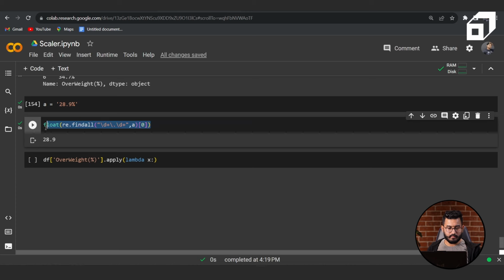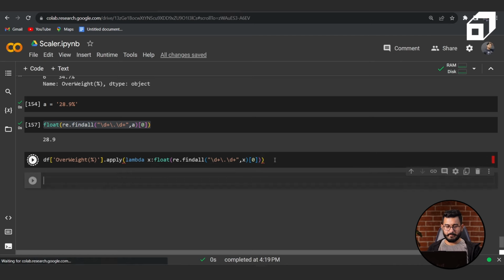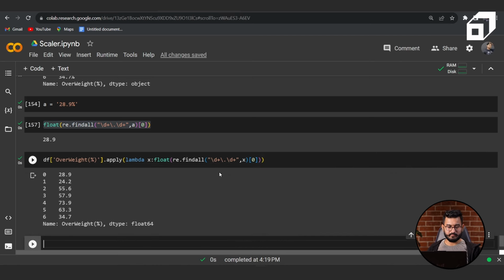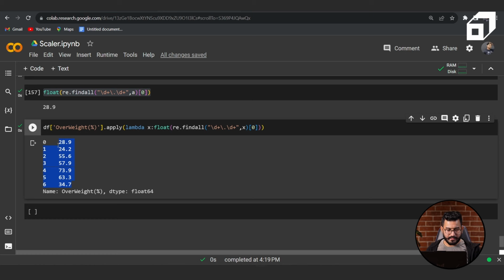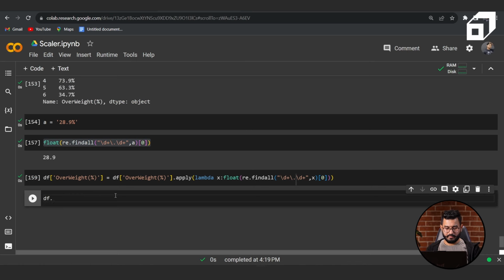Now we will put this, but instead of A we will have X. We have all the entries in float now. We will preserve this output in the same column. And now if I look at df.head,